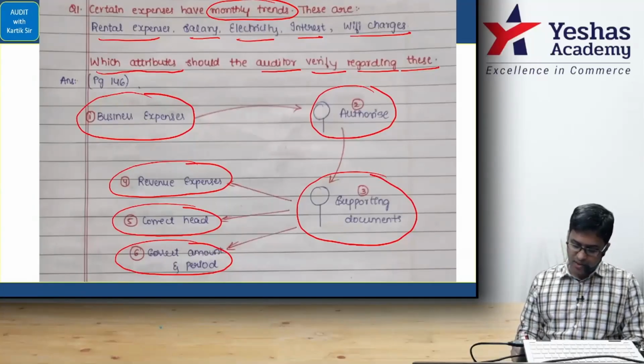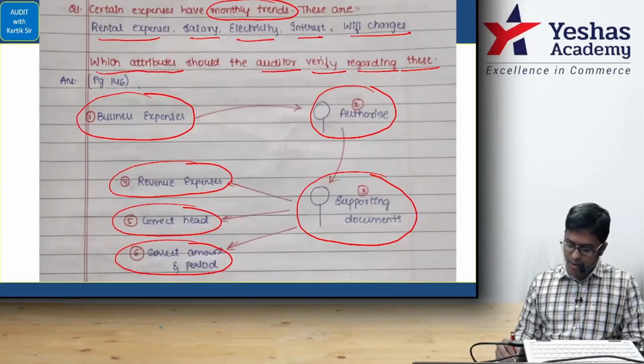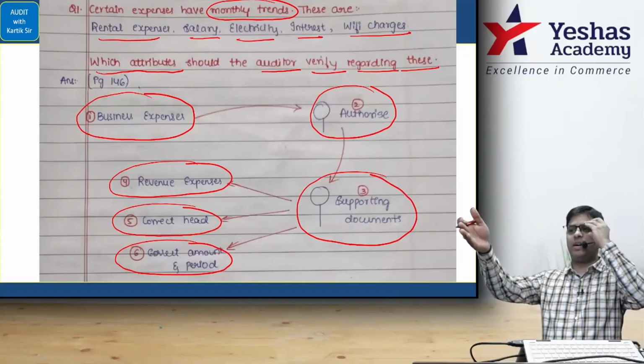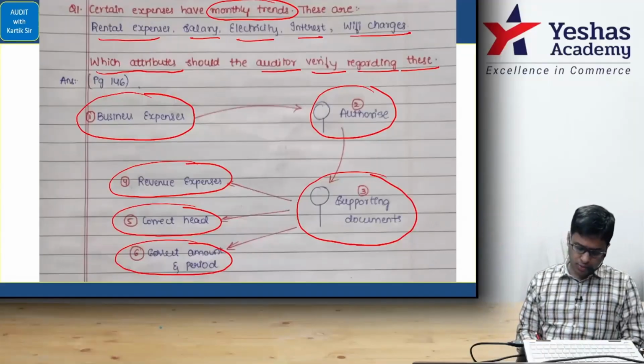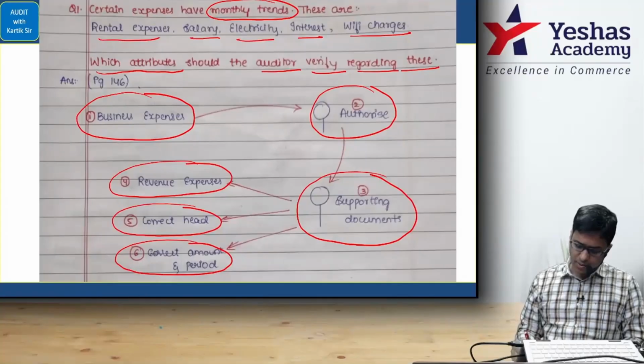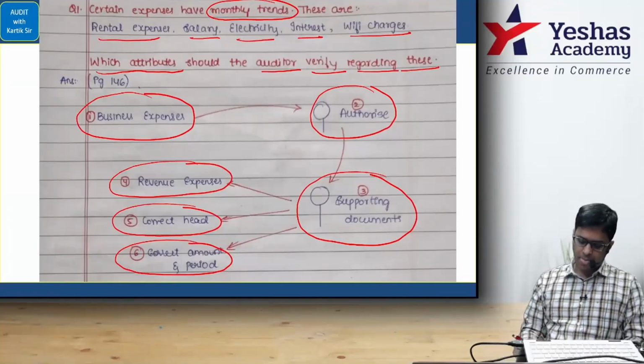The expenditure had valid supporting documents. After the word supporting, write the word documents. Valid supporting documents. These are the travel tickets, insurance policy, third party invoice, all these things. That is basically our point number 3. Where expenditure has been classified under correct expense head, point number 5. The expenditure was authorized as per delegation authority matrix, means the hierarchy in the company, the way the company is structured. That is point number 2. And finally, we have one, that is whether expenditure was in relation to entity's business and not personal expenditure. Like the business, that is 1.